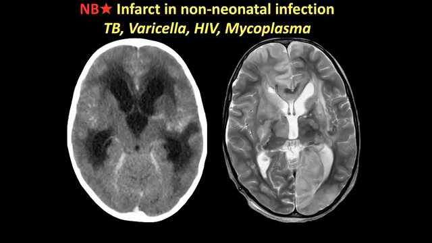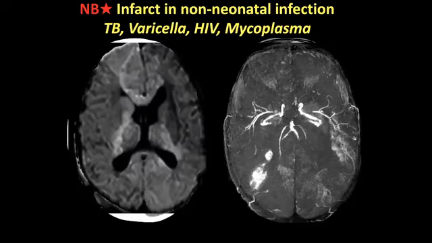and mycoplasma. So this is a patient that I hope you will realize now has hydrocephalus, has asymmetrical nodular enhancement in the MCA cisterns, and you can see that a follow-up MRI shows extensive abnormality within the MCA and PCA territories. And this is the DWI and corresponding MRA, which shows you the quite marked involvement.